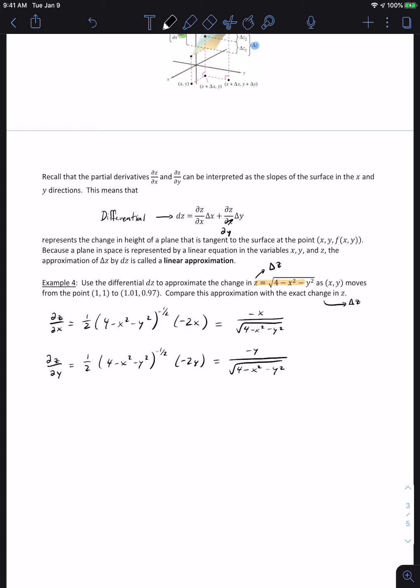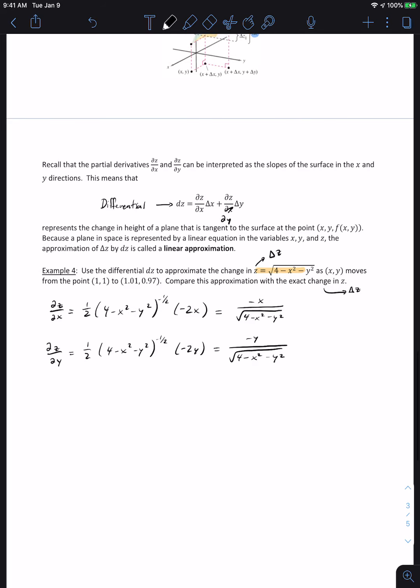We can use the differential dz to approximate our change, right? Because the idea is that we can find dz by this formula up here, and then that's going to be a really good estimation for what delta z is. Okay, so what we're going to do is we're going to let